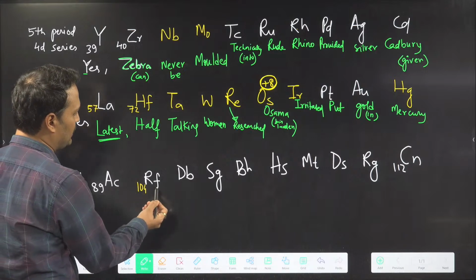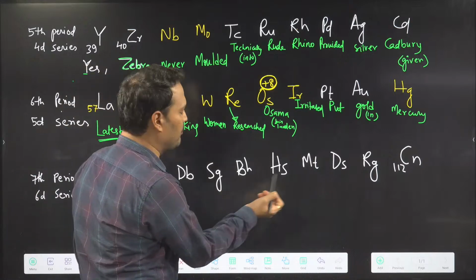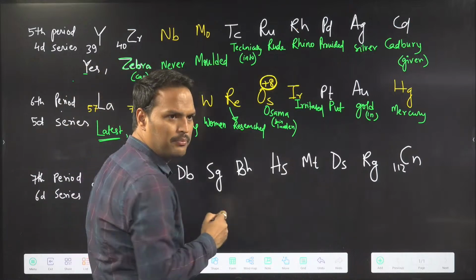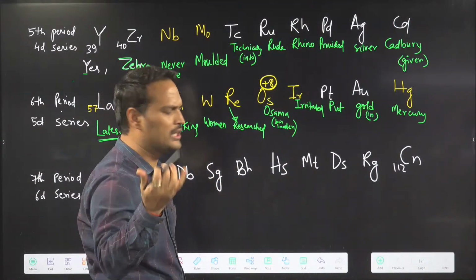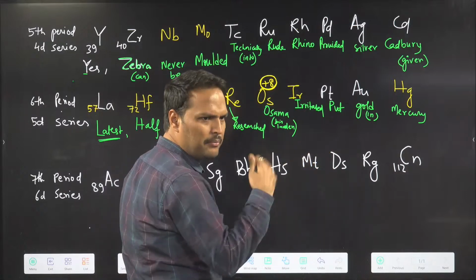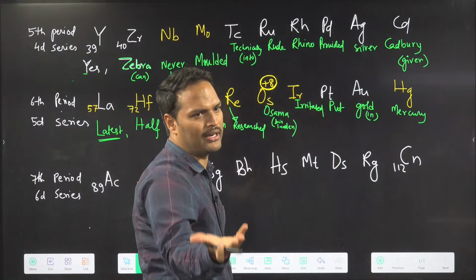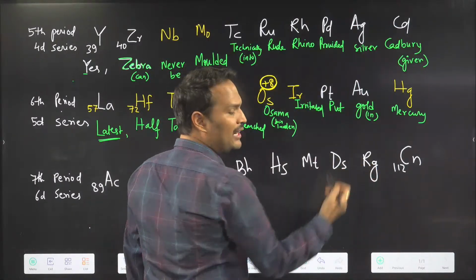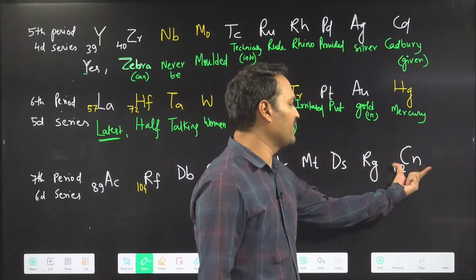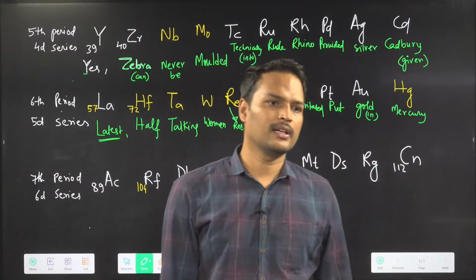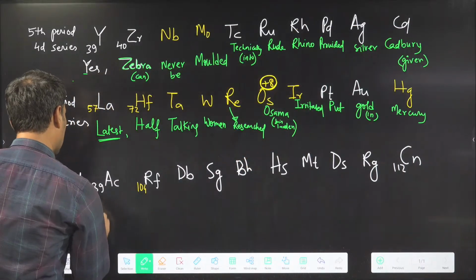Ac, actinium, rutherfordium, dubnium, seaborgium, Bh, bohrium, Hs, you can say hassium. Slight pronunciation can be different. We are not interested in spelling and pronunciation. Meitnerium. This we are saying Darmstadtium, stadium. However you can remember, you can use it. Then Roentgenium, X-ray, W. Roentgen. So Roentgenium, and this is copernicium. Clear? So what is the shortcut? We can use the shortcut like this.